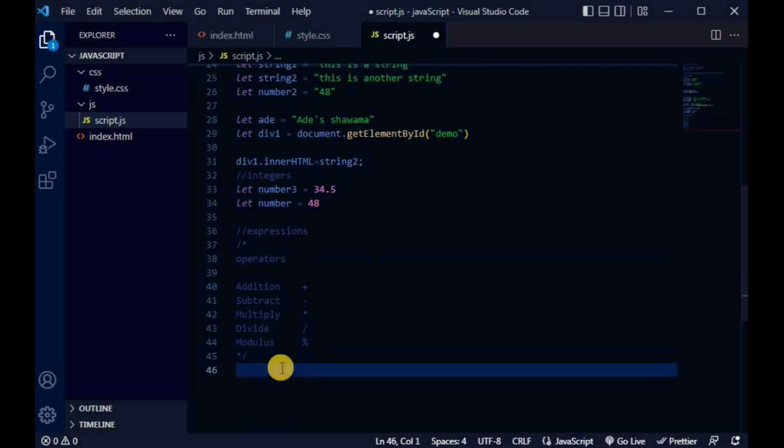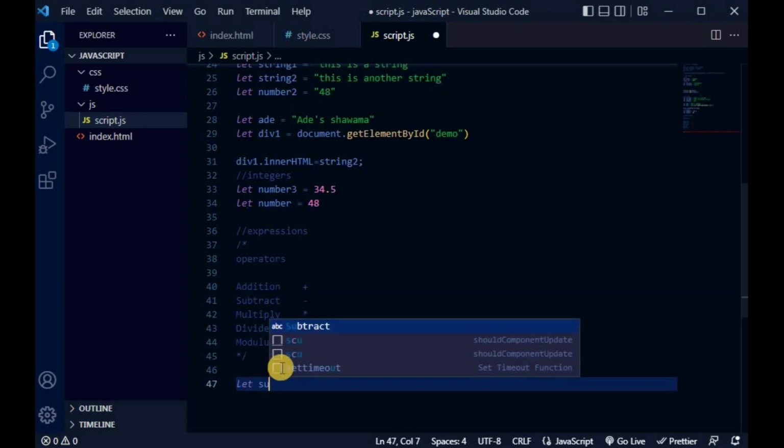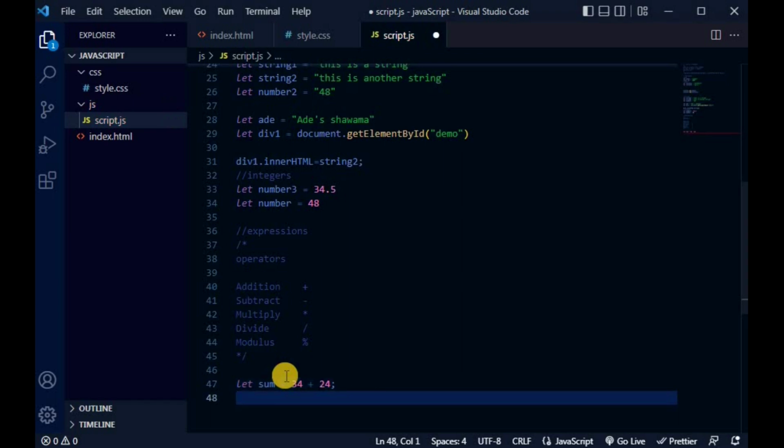Let me give you an example. Let's say we create a variable, we'll call it sum, and we want to sum up two numbers. Let's say 34 plus 24. So this is an expression, and we could get the answer by consoling